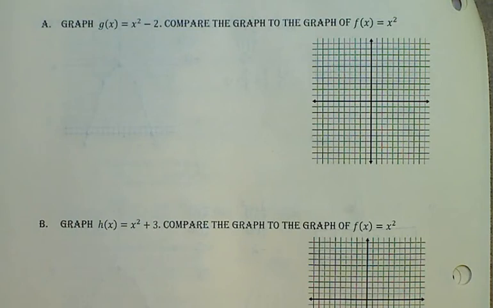Now on this one, they've actually asked us to compare the graph to the graph of f of x equals x squared, so to its parent function. So we're actually going to have to draw 2 graphs on this. But the great thing about f of x equals x squared is it never changes. It's always going to be the same. It's going to have a vertex of 0, 0, points at 1, 1, negative 1, 1, and then points at 2, 4, and negative 2, 4. So it'll be fairly easy to work with